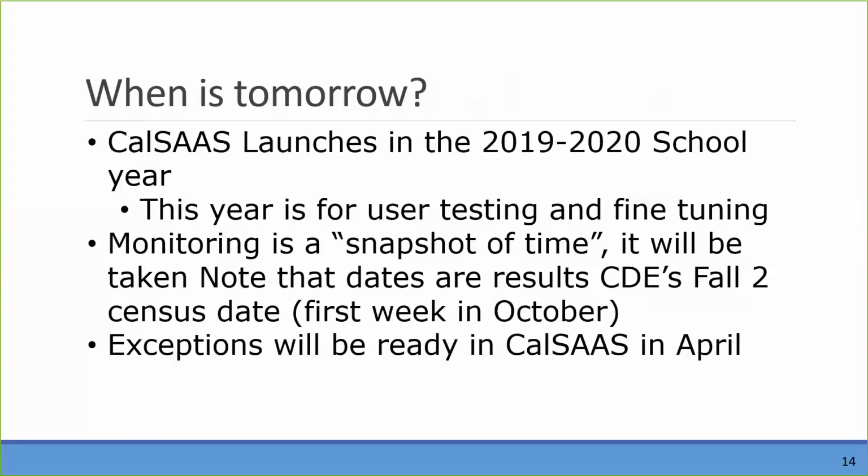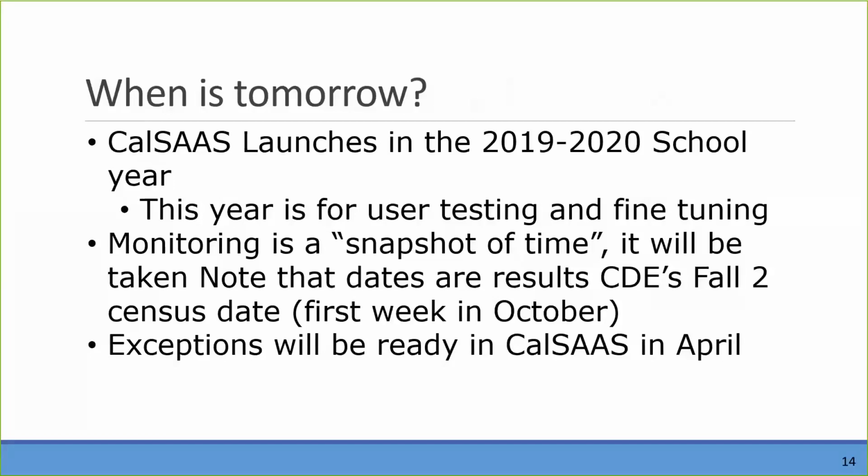It lets you compare how your paper monitoring was doing compared to how the CalSAAS is outputting for you, where your areas are where there are holes in your process, so you can start looking at solutions. It lets you try out the new system when it's non-consequential. So if you happen to miss a deadline or something like that, it doesn't matter. So it's really to your advantage to be a tester, and once again, we can have an unlimited number of testers. We hope the whole state tests. That would be ideal.